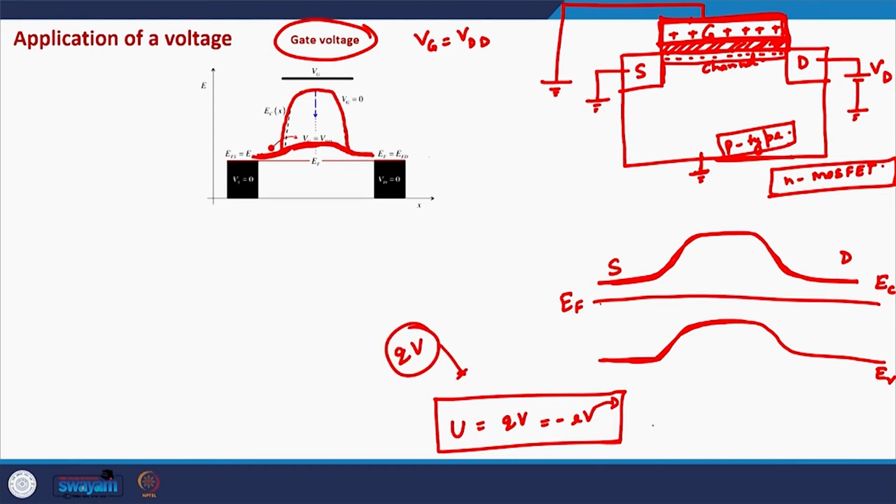So any application of voltage on the drain side will alter the Fermi level on the drain side, and as a consequence it will also change the potential energy or the energy of electrons on the drain side. Okay. So if we are applying a positive voltage in an N MOSFET on the drain terminal, in that case what happens is that now